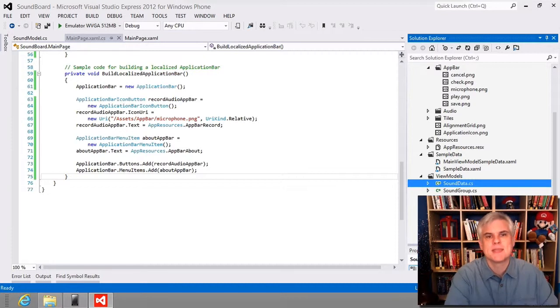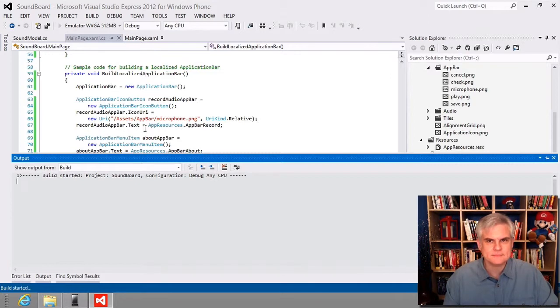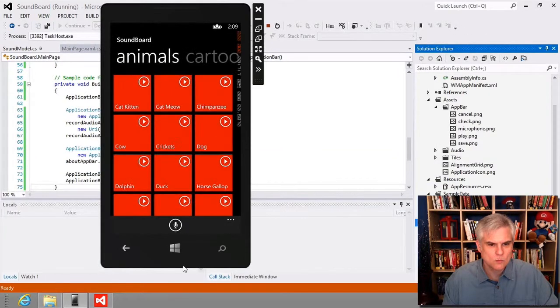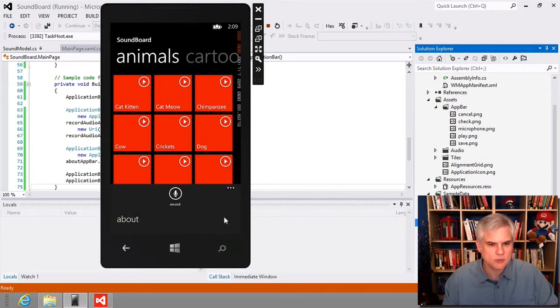At any rate, this time whenever we run the app, we can see that the app bar will look like what we expect. The record button looks correct, and now we have an about menu item. All right, very cool. So finally in this lesson, what I want to do is wire up the button and the menu item